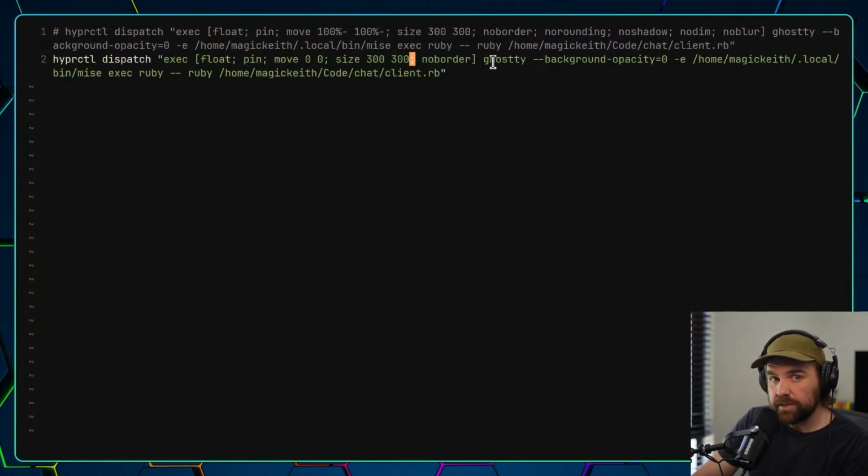And then I run Ghostty, which is my terminal emulator of choice. The reason I'm using Ghostty is because then I can set the background opacity to 0, basically making the whole window transparent. And then you can make Ghostty run a command when it starts, in run-this-command-only mode. So -e, and then I'm running home/keith/.local/bin/mise, which is my Ruby environment manager. So run that and exec the following thing as a Ruby command. It's quite annoying, but